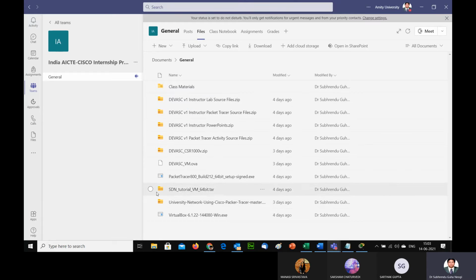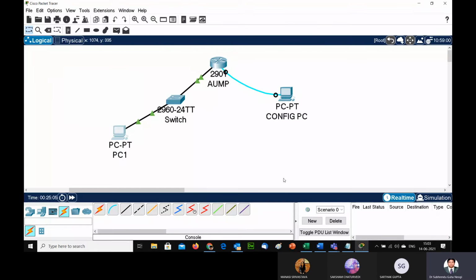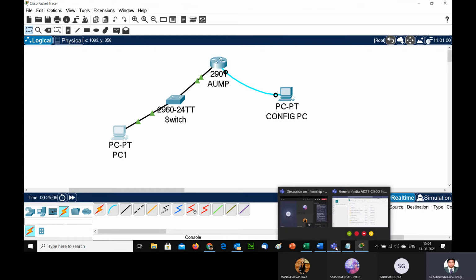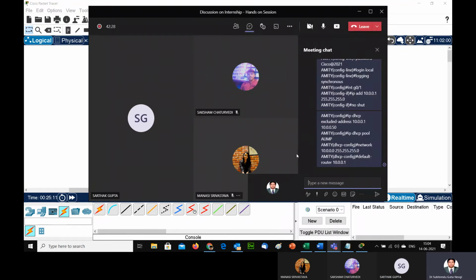Otherwise there is no point, because you have to complete a project, and only then will you be able to complete this internship. So this is the configuration. Now it is open for questions.